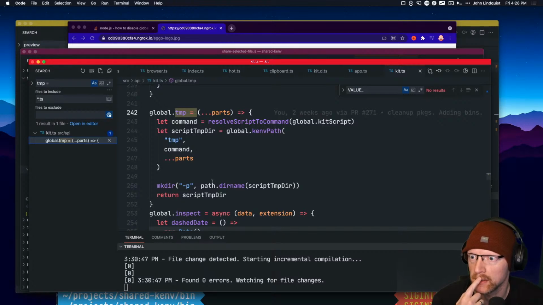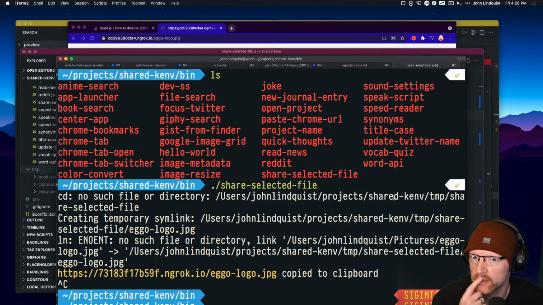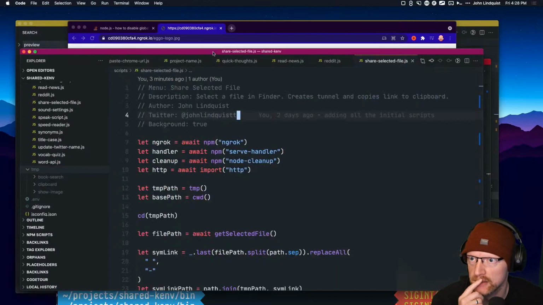How come it's not making that directory? Let's see, users, project, shared temp, shared selected file. I'm sure it's trying to put the logo symlink in there, but that directory doesn't exist, even though when I invoke temp,